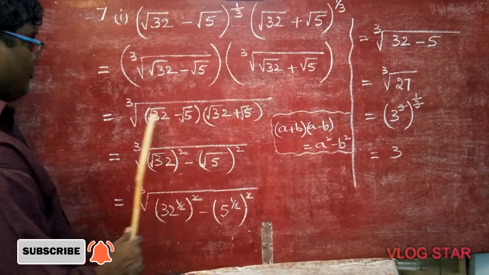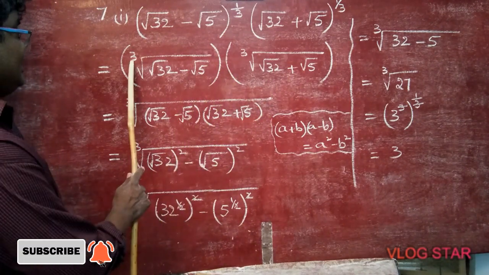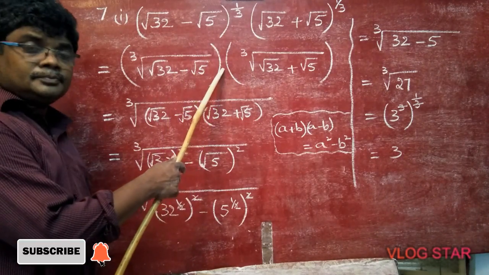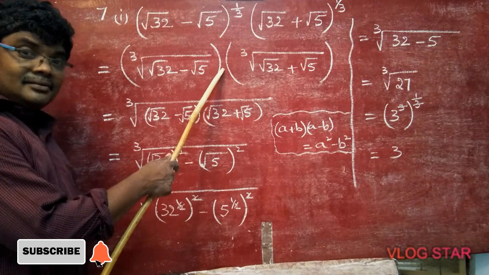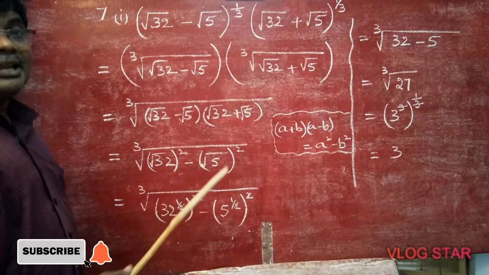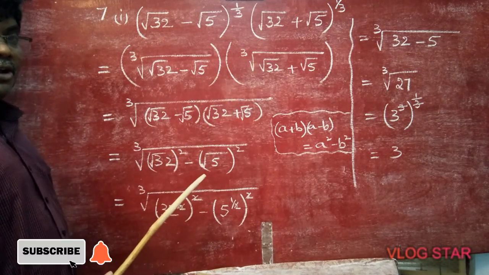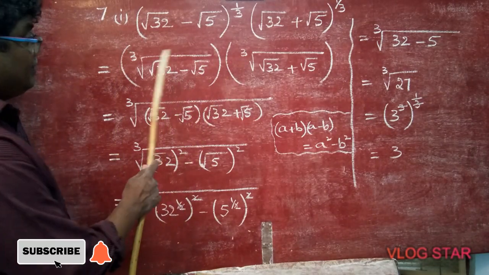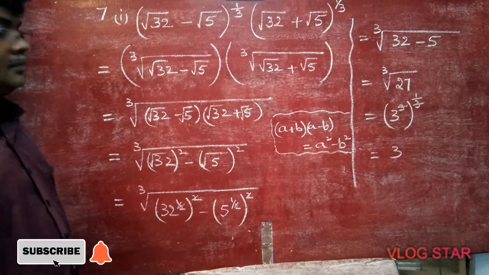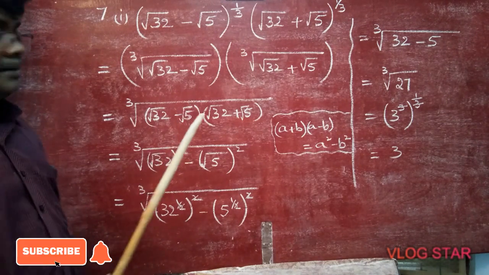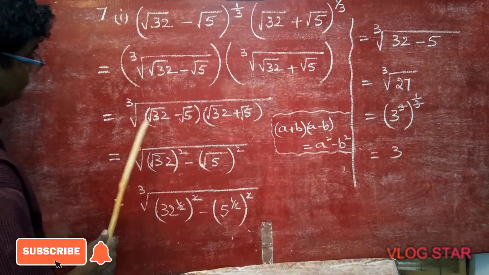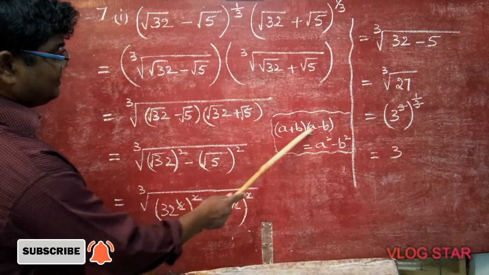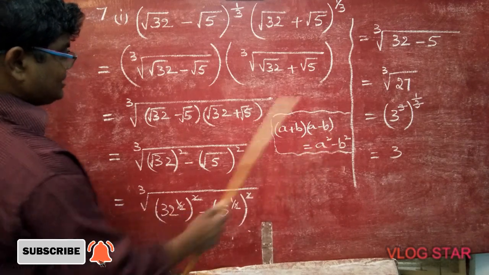Now it is in the form of, here the order is the same. Here cube root, then there cube root. And in between these two, multiplication is there. When multiplication is there, we can multiply easily. Are you able to follow? Multiplication and division are possible when the powers are the same. For addition and subtraction we can't, but here it is in the form of a plus b into a minus b. A plus b into a minus b is a square minus b square.